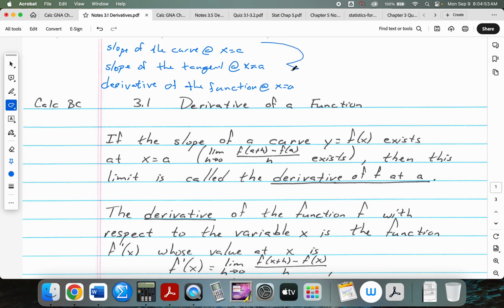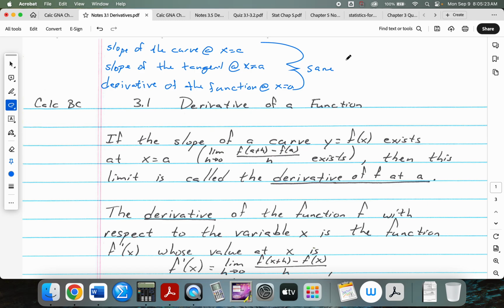Those are all the same. All those things mean the same thing. And what we call it frequently has to do with the context of the problem. What is it that we're trying to do? Now, in addition to finding the slope at a particular point, we can also find an equation for the slope